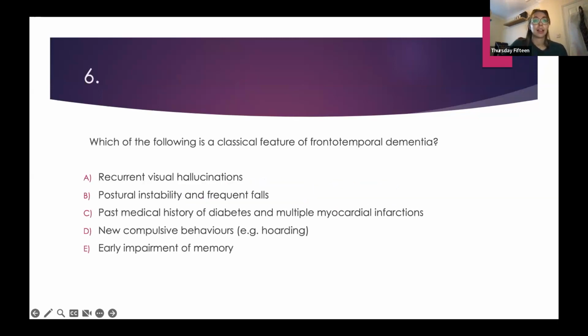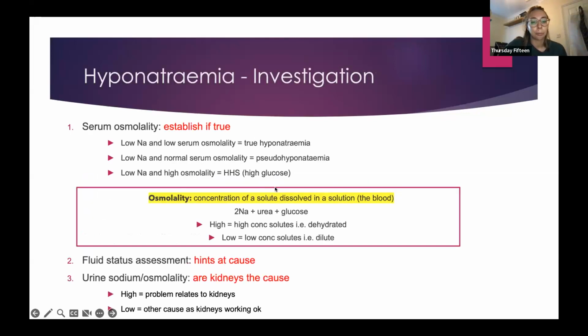Great. Sorry, hyponatremia is a bit grim, and we can come back. Would you have high osmolality of urine in HHS? High osmolality means a high concentration of solutes, and these patients would tend to be dehydrated. So I think yes, you would have a high urine osmolality because there's a high concentration of glucose and a high concentration of sodium in the urine. So yeah, that's correct.